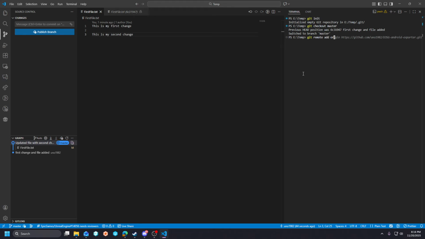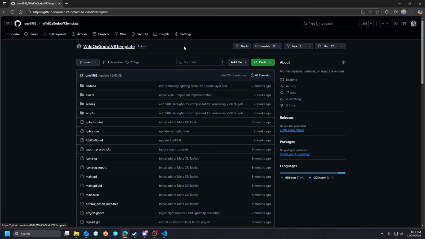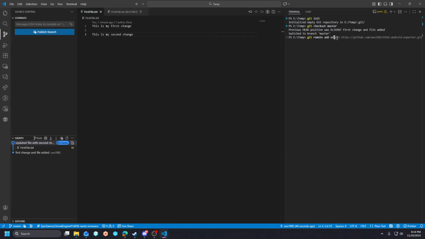Whatever your new repository is, when you go to Git and make that new repository up here, whatever that URL string they give you is, that's what you would put here, and it would add it to remote. That way when you hit publish, it would publish it out. So that's